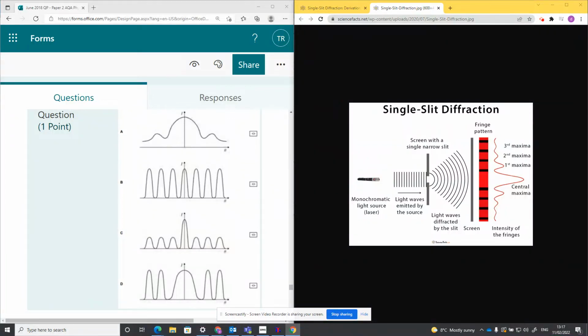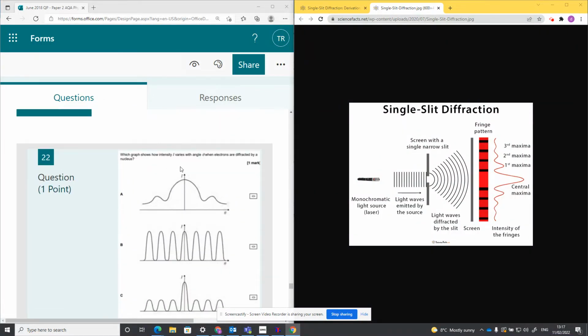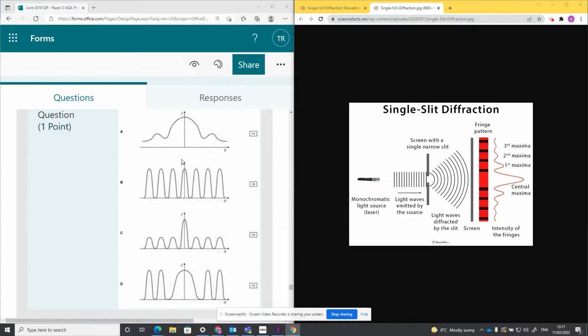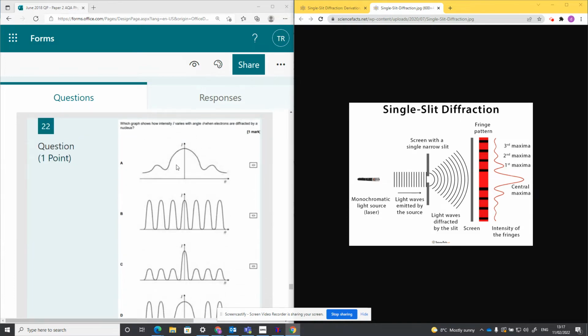So this question is about diffraction, and it's how intensity varies with angle when electrons are diffracted by a nucleus. So really, this is checking a few things. It's checking that you understand that when electrons are diffracted by a nucleus, it's talking about a single nucleus. So do you understand that it's a single nucleus, and do you understand that it being blocked by a single nucleus will end up with it describing something that looks most like a single slit diffraction pattern? Okay, so once you